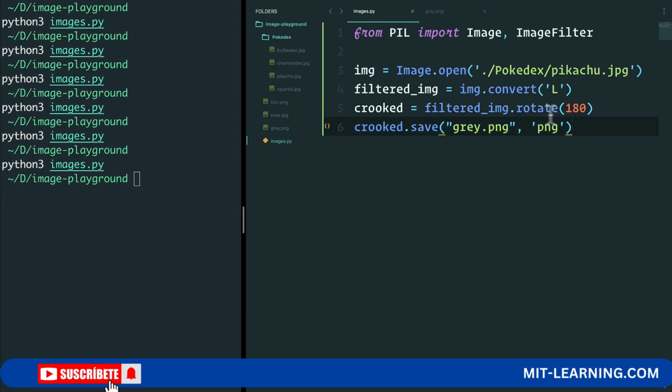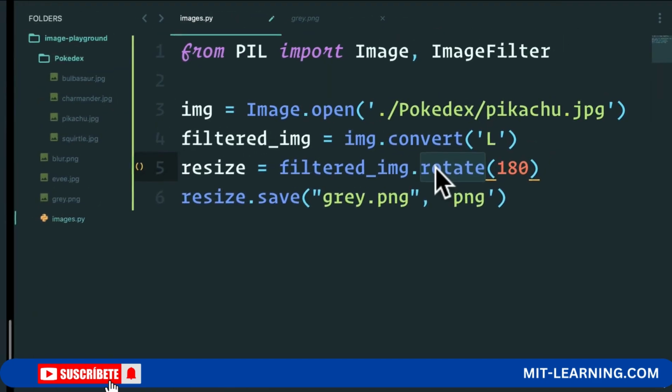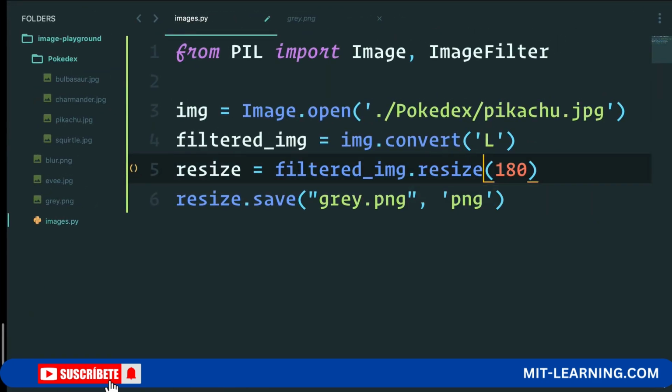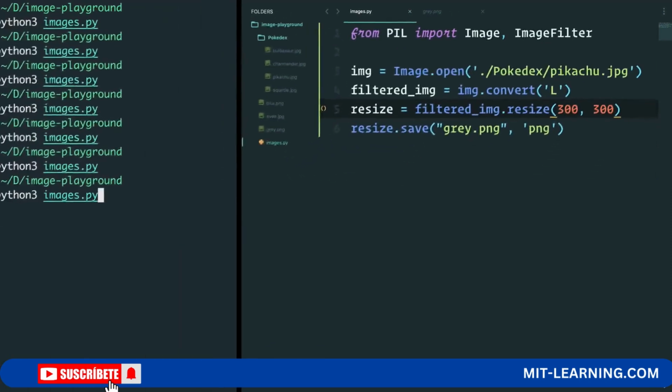We can also resize the images. So let's just say resize here. And this is going to be called resize. And instead of rotate, what we'll say is resize. And we can say that this image, remember, it was 640 by 640. I'm going to resize it to 300 by 300. So a nice little thumbnail. If I run this,